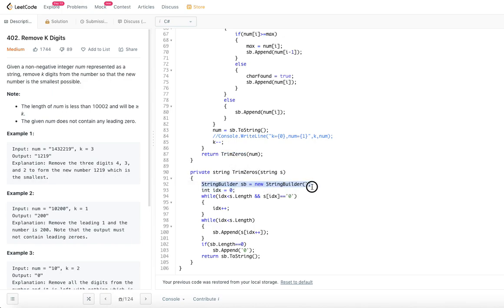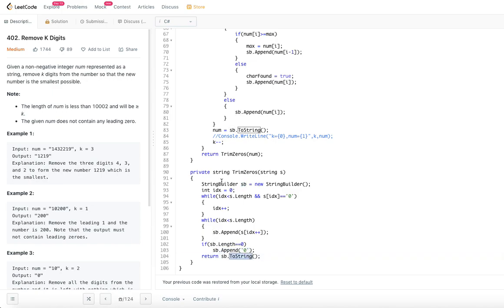I am initializing the string builder and initializing the index to 0. While index is less than s.length and s of index is equal to 0, we just increment the index. Once you encounter a non-zero, you start appending it to the string builder and finally return the string builder. But if all the characters are zeros in the given string, the string builder length will still be 0. That's why we return a single 0.